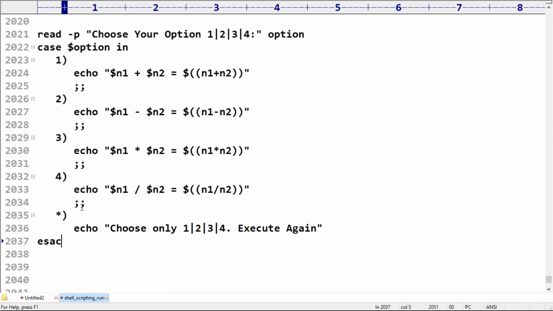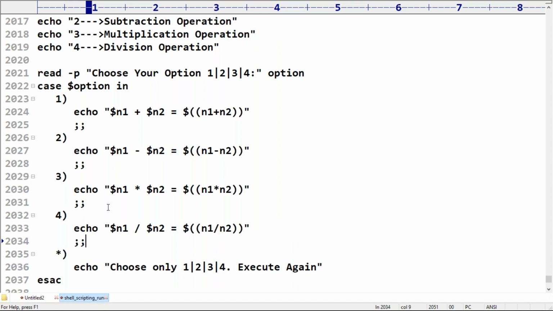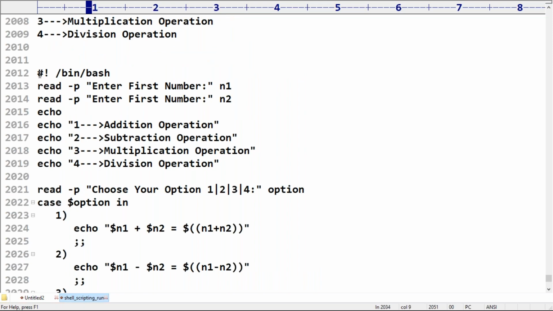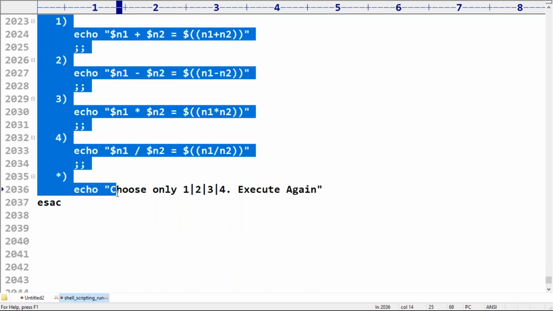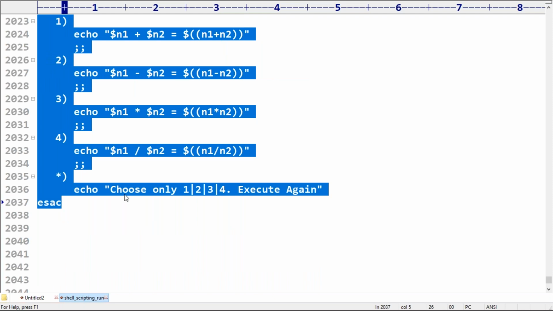That's all. So this is what you people should be aware of. Of course, for this you can do some conditional checks, like whether these things are integer numbers or not. Here, have a look once.